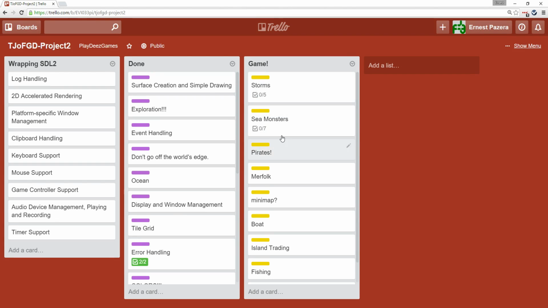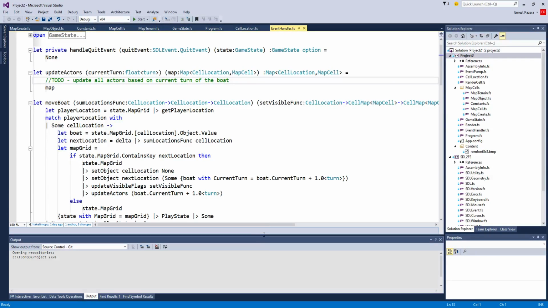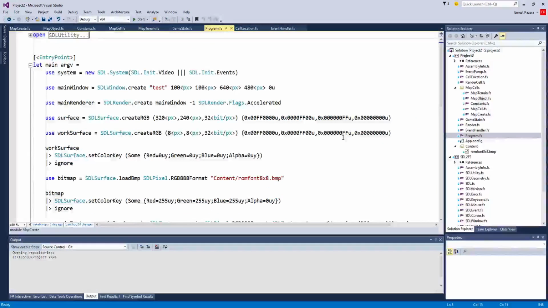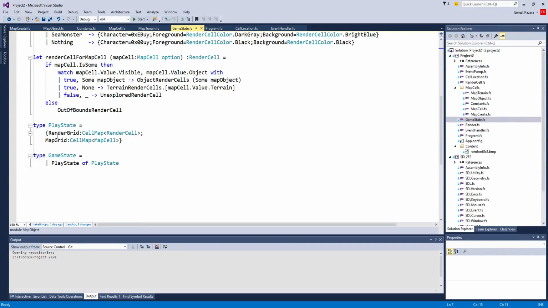We're still working on getting to the point where the other entities move and do things, and our code base is still not quite ready to do that. So what we're going to do is take a look at where, because as it turns out, the game state is insufficient. We've got a render grid and a map grid, but map grid is no longer going to be enough, because right here, and while this has worked so far, what it does not capture